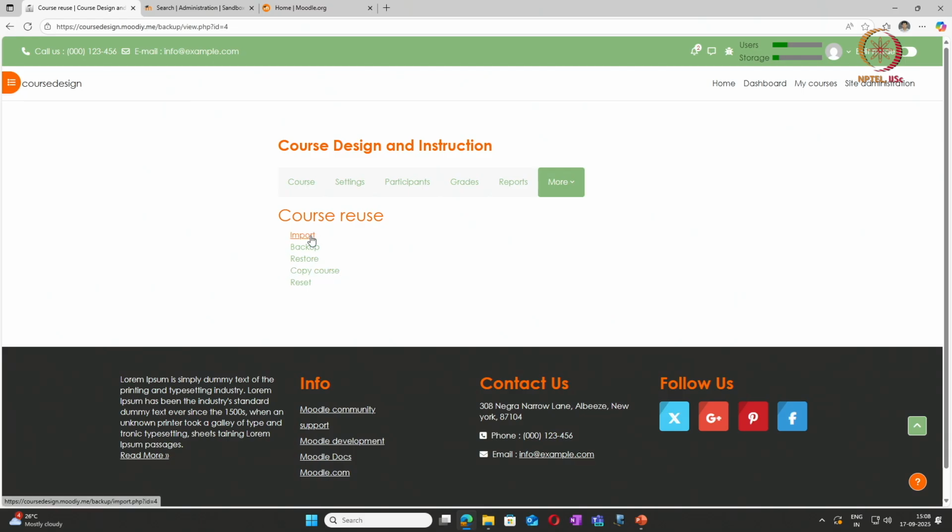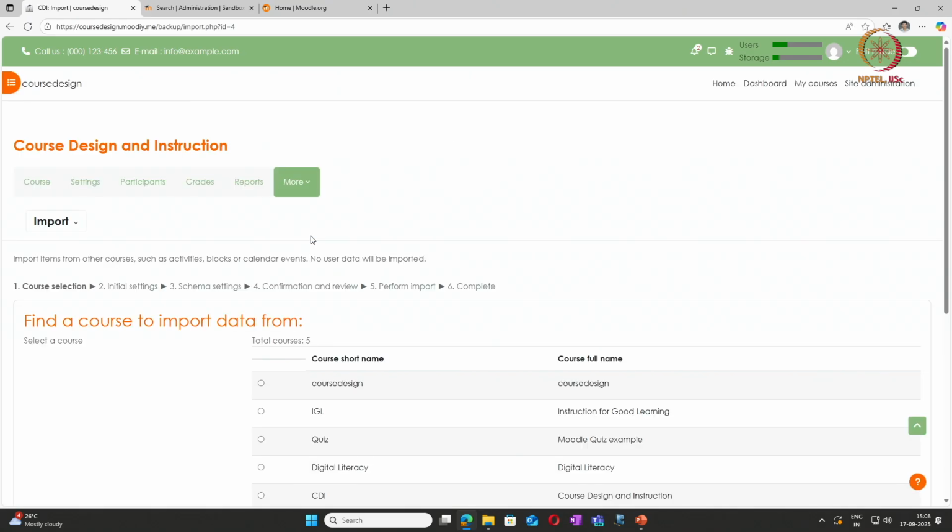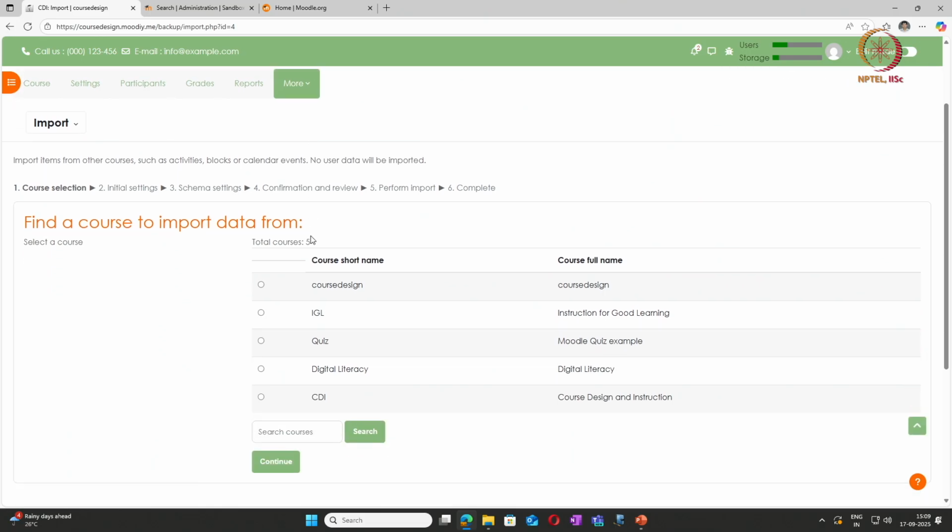Import is like this: if I am teaching two courses and some of the things I want to bring from another course, I need not create them in this course again. At that time I can use this import facility, select the course from which I want to bring the content, and continue.